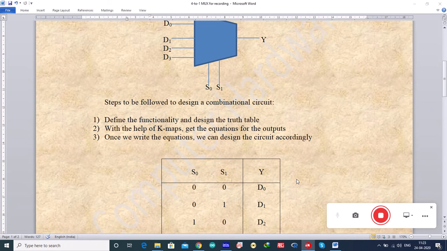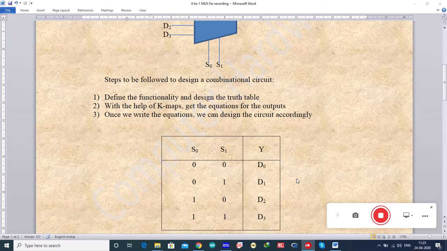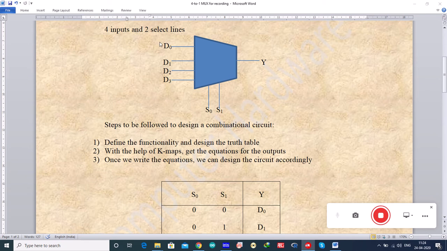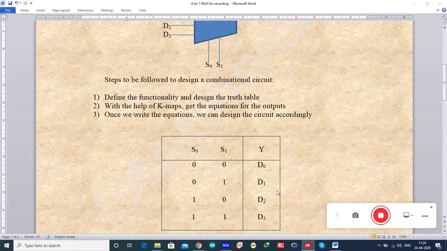This is the truth table. We have seen in the previous lectures also that the output of a mux depends on the select lines but not on the input lines. If the selection line value is 0, that is 0, 0, the value at the 0th port, that is the value on D0, will appear on the output line. Whatever might be the value of D0, either 0 or 1, it will appear on the output line Y. If the selection value is 0, 1, the value on D1 will appear at the output and so on. This way the output depends on the select lines. So on the input side, we take select lines rather than input lines while writing the truth table.